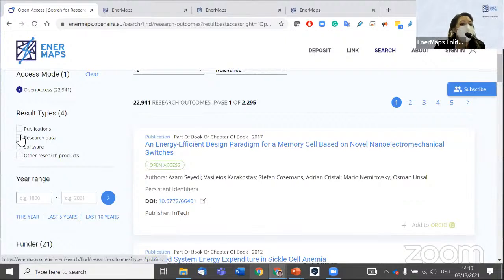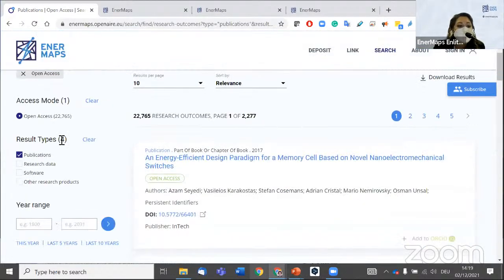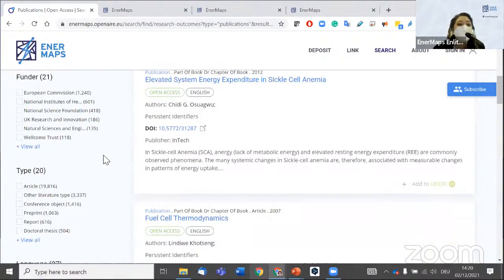So we can select if we want to look at publications, research data, software, or other research products. Let's say we select publications. There is an option to choose the year of publication: the last year, last 5 years, last 10 years, or a custom range.